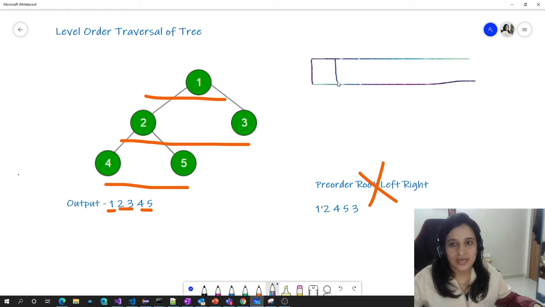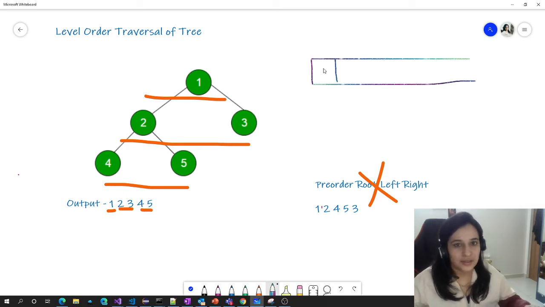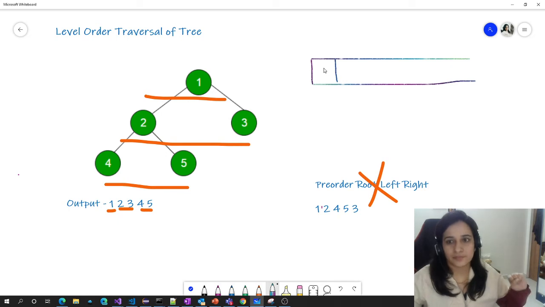Okay. So the idea is that first we will pick a node. For example, I picked 1. I will print the left and right child of that node first, for that's the expected output, right? Before moving to the nested tree, I add the left and right into the queue. I picked 1, this is the root of the tree, right?